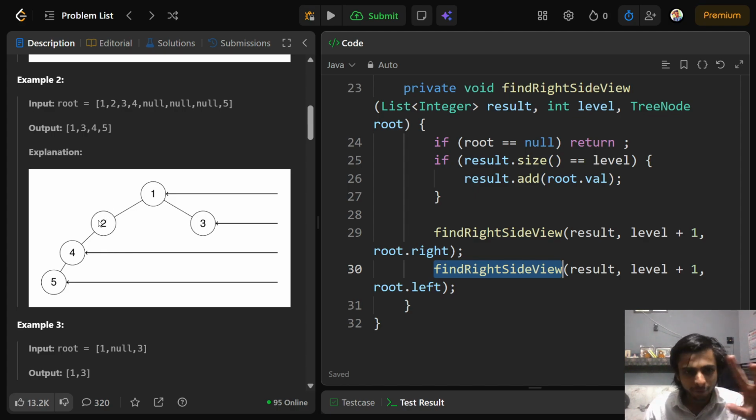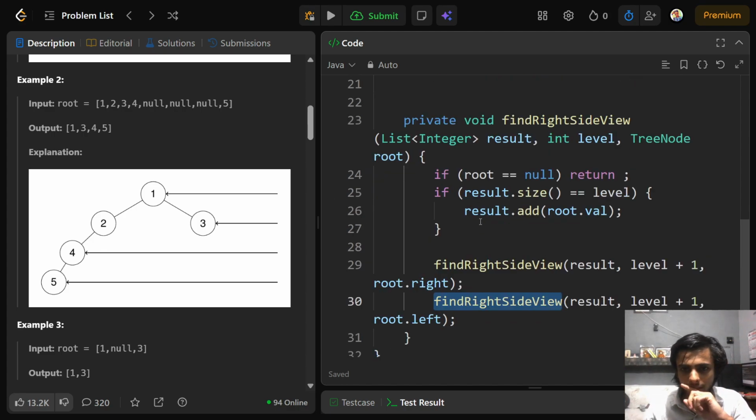At this root, level would be 1, because we started at 0, and since there are 2 elements in our list, there would be a mismatch between the size and level, so we won't append, we won't add, oh god, Python habit. Okay, we won't add this thing to our list, and then as we keep looking down,